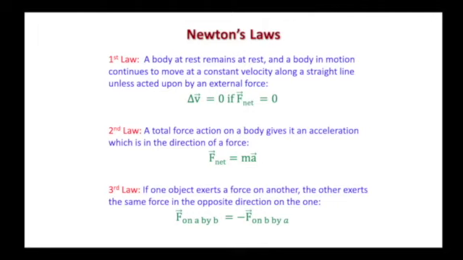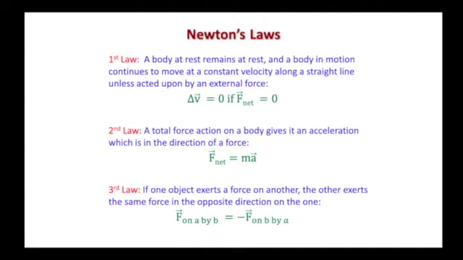Newton's laws, going back to forces, like linear forces, so no rotations here. A body at rest remains at rest, and a body in motion continues at a constant velocity along a straight line unless acted upon by an external force. It's really just saying that if F net equals 0, then the motion of an object does not change. The motion meaning it doesn't slow down, it doesn't speed up, it doesn't turn either. Right? I could have constant